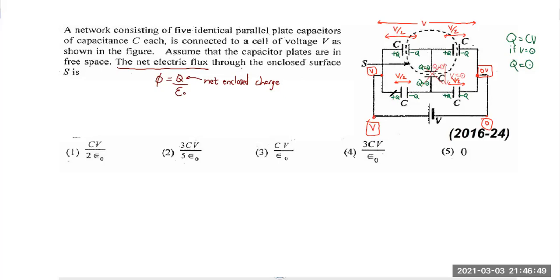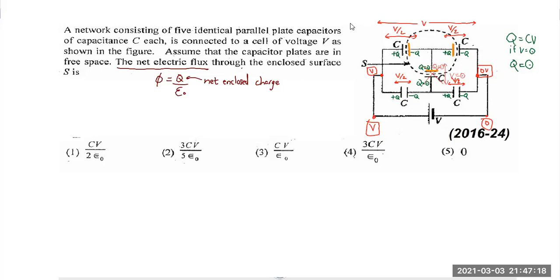All right, fine. Now let's talk about the Gaussian surface. Look at the Gaussian surface carefully. I will highlight certain plates. Only those plates are included in that Gaussian surface. So what are those plates? Let me highlight them very quickly. That would be this plate, this plate, this plate, and this plate. Hope you all can agree with me on that. Only these 3 plates are included in that Gaussian surface.